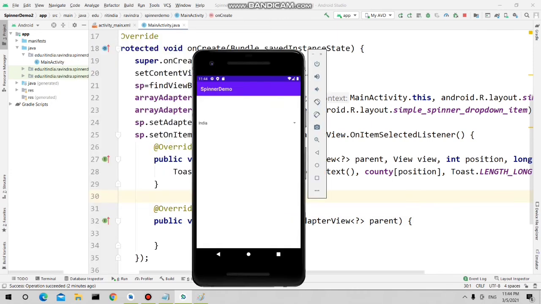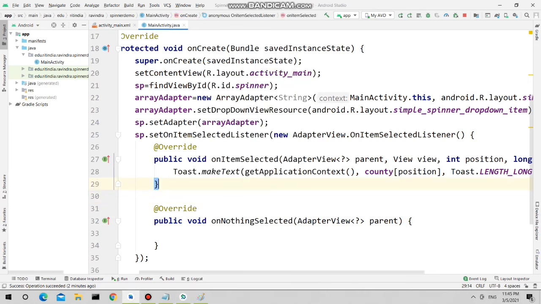So see, you got this spinner. So right now only one item is visible to user, and whenever you click on this, it will display the drop down, and with the help of that drop down, all the items will be displayed to the user. And whenever you click on this India, the toast message. So just check the logic of toast.